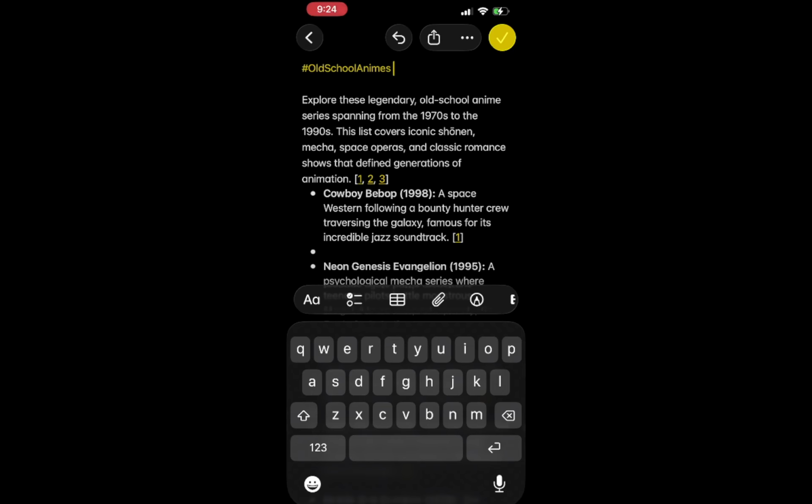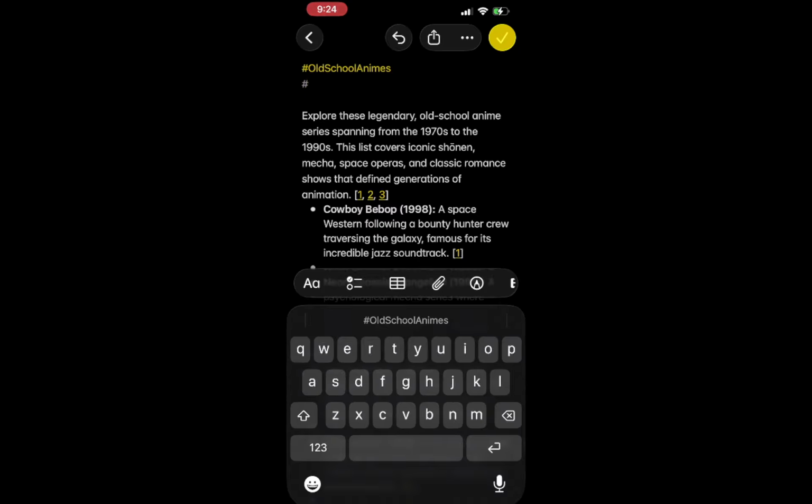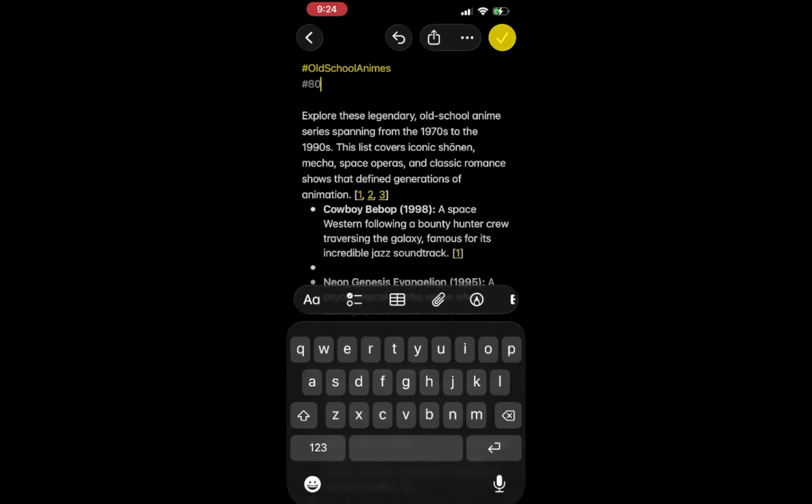If you have multiple topics you want to tag within the same note, feel free to add as many hashtags as you need. Just remember to follow the same format. Type the pound sign, the tag name, and then add a space for each tag. For instance, you could have hash work, hash project, and hash shopping all in the same note. This flexibility allows you to categorize your notes more granularly. The ability to use multiple tags enriches your note-taking experience, making it adaptable to your needs.